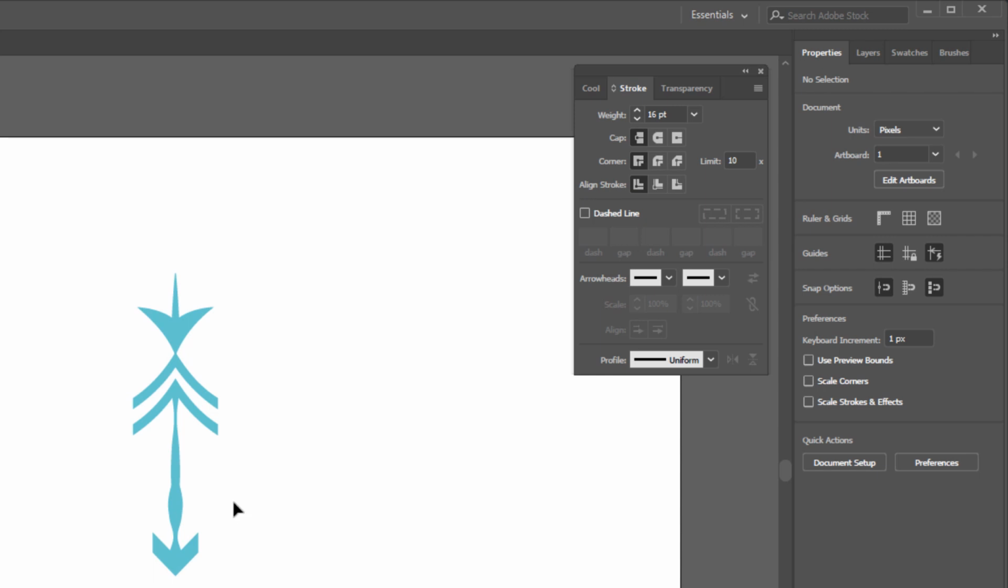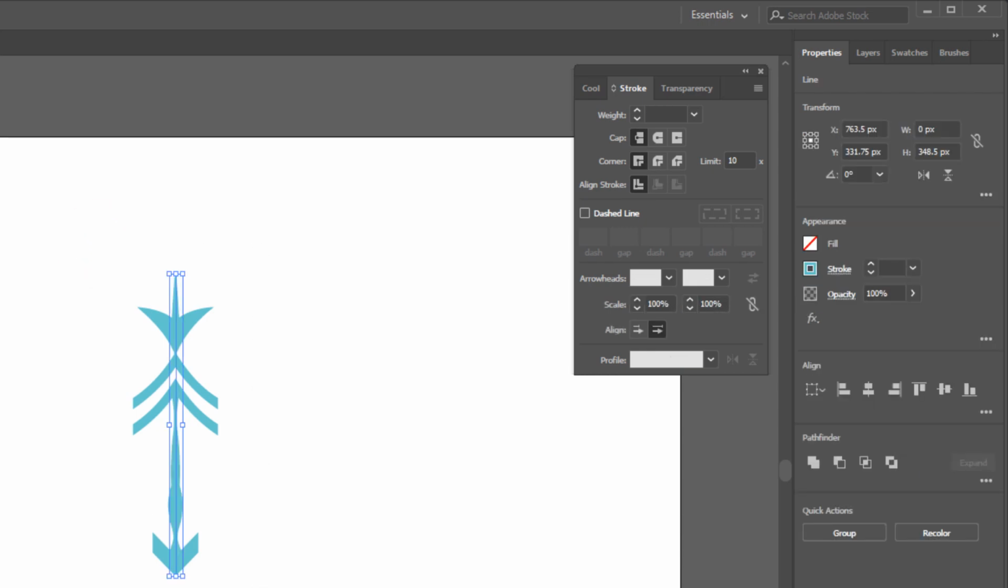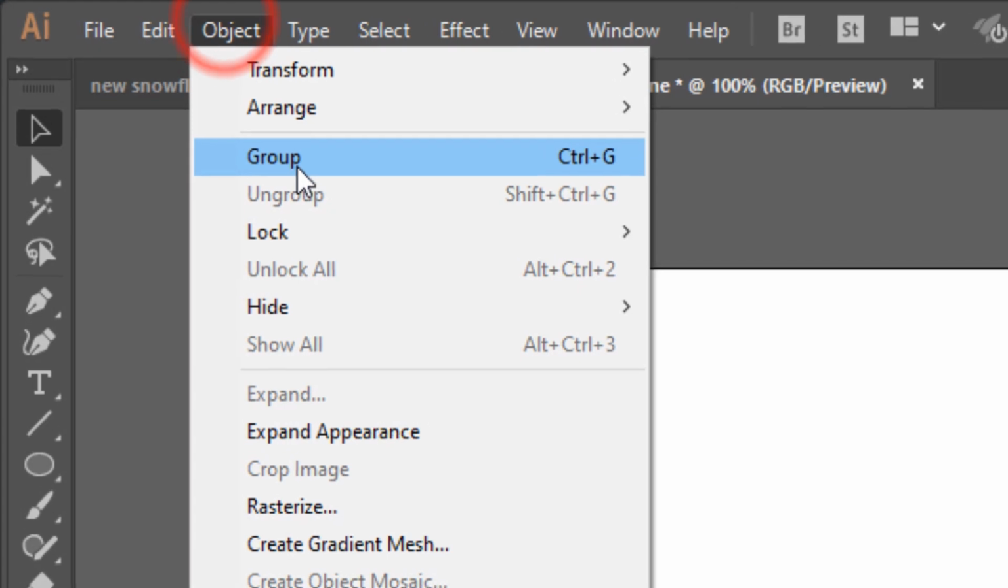So I'm going to just try it out and see. And if I don't like it, I can undo. So I'm going to click and drag a box with the selection tool around all of the shapes. Go to Object, Group,